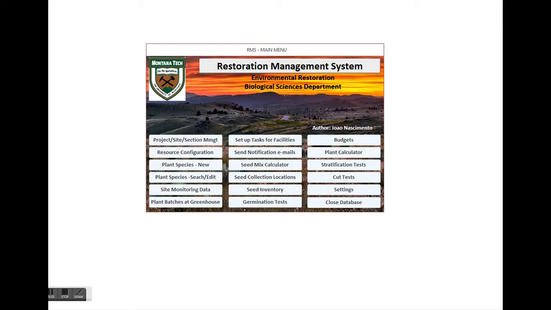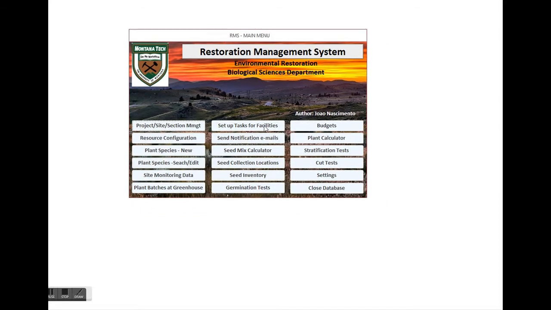I understand that these projects may last years, maybe decades, but then I had the idea to build a tool to help with data management and administrative issues of restoration projects. So it has some features, as you can see here on these buttons, and they came from the project specification I made in the very beginning, which describes what a restoration database should have,